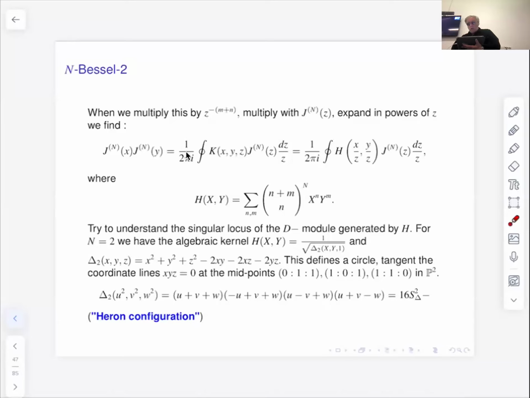And then I can try to write the singular loci for all n for k. You remember that the singular locus for n equal to 2 was a very nice conic function, x squared plus y squared plus z squared, etc. So if I take n equal to 2, I have this square root of delta 2, and then go into coordinates, as I told you, go into squares. It means instead of x, I will write u squared. Instead of y, I will write v squared. And instead of z, I will write w squared. So I have this degree 4 analog of this coordinate. And this quartic